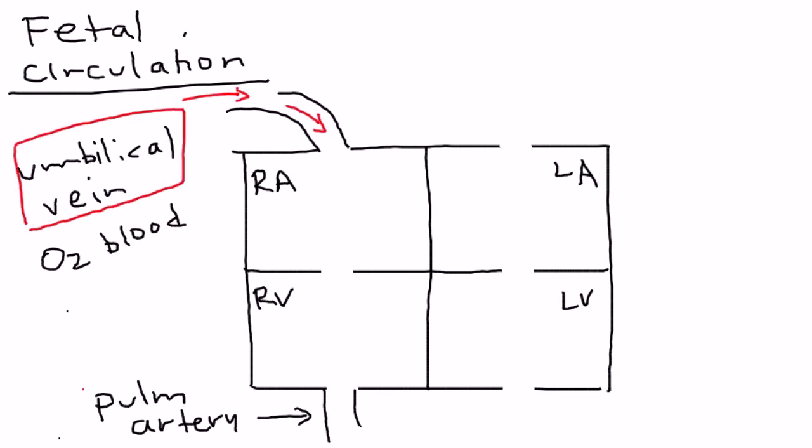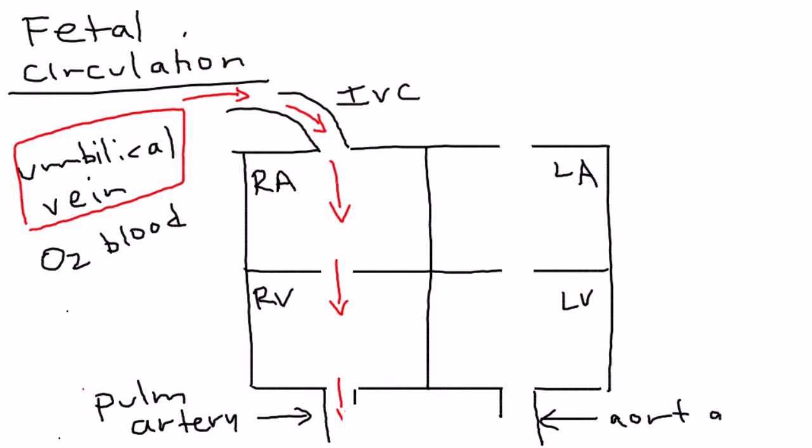And then it comes into the right side of the heart via the IVC, inferior vena cava. And then it goes through the chambers into the pulmonary artery. And then it comes through to this side. How? We just said that it doesn't go to the lungs. Well, there's a special connection, and I'll exaggerate it. Well, before I write it in, I should put the aorta in here. This is the aorta that's coming out through the left ventricle. There's a special connection between the pulmonary artery and the aorta, and I'll draw it really big to sort of exaggerate it